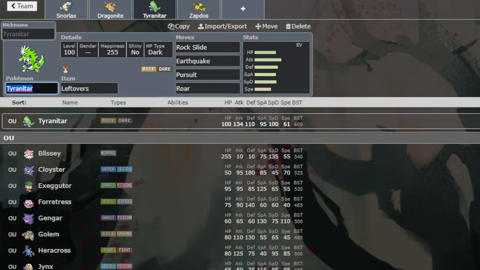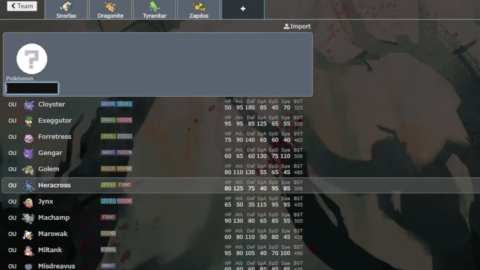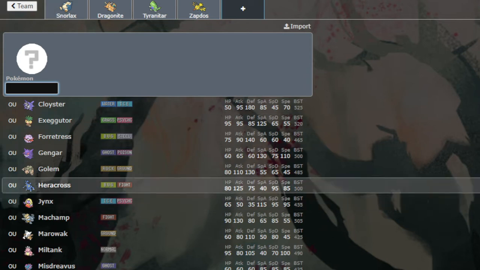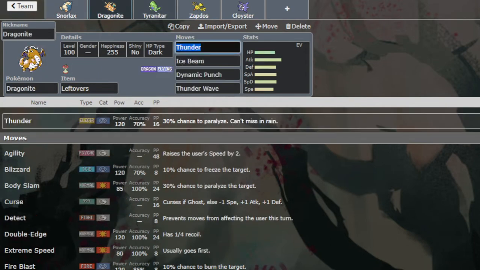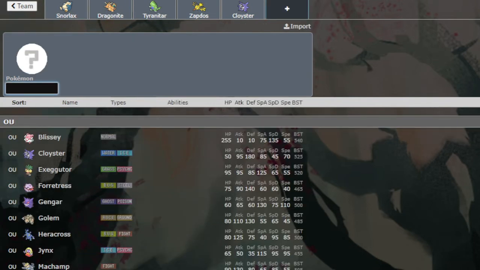Honestly, we could just go 4 attacks Tar, and that might be interesting. Something that helps us against a Zapdos. Really, we're not switching into Zapdos turn 1, because look at this team versus switching into Zapdos. We don't have a single immunity to Thunder or even a resistance. So I'm thinking maybe